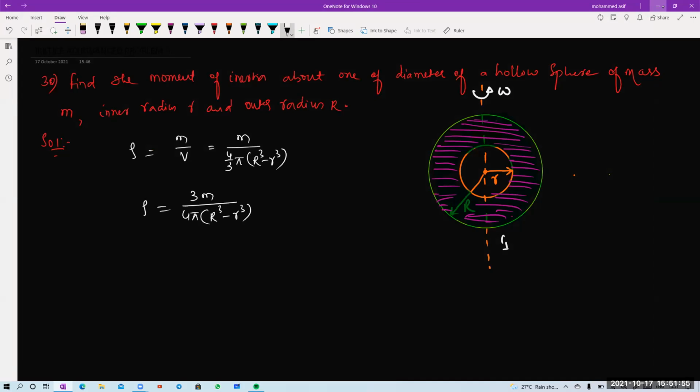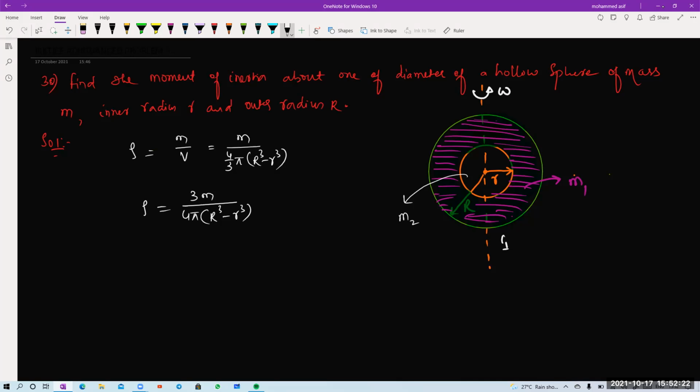Now if I take the masses of the larger and inner sphere, say M1 is the mass of the larger one, and say the mass of the inner one is M2. That means M1 and M2 are the masses of the larger and the smaller sphere. M1 is the larger mass and M2 is the smaller mass. Now can I calculate the mass of these individual bodies? Can anyone tell me how we calculate these masses?